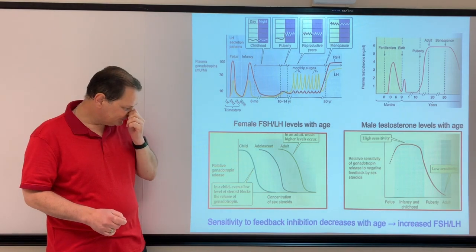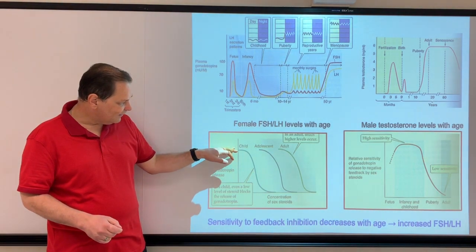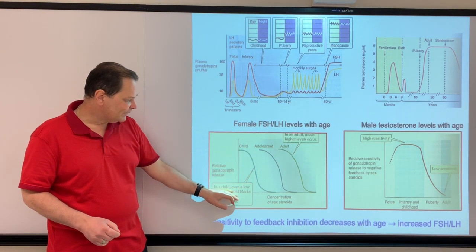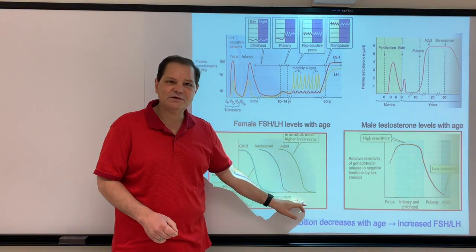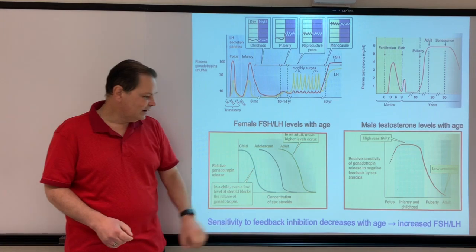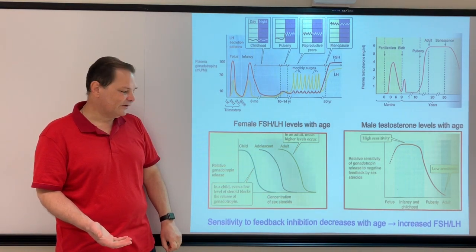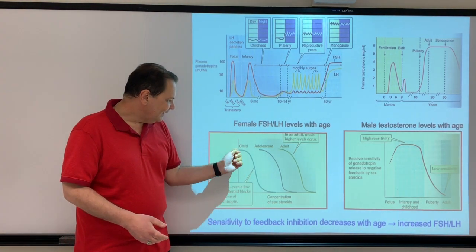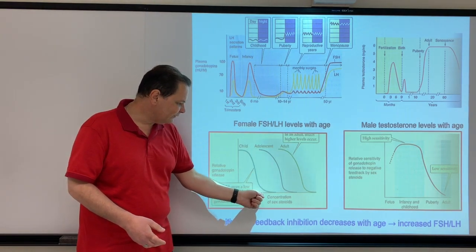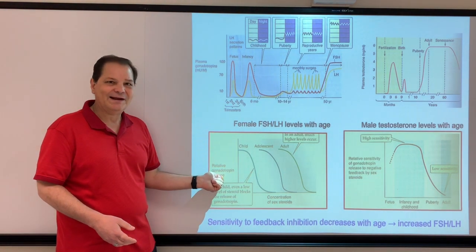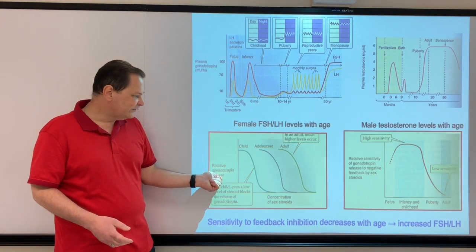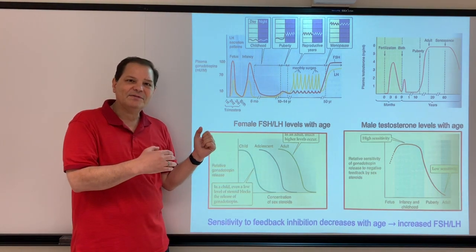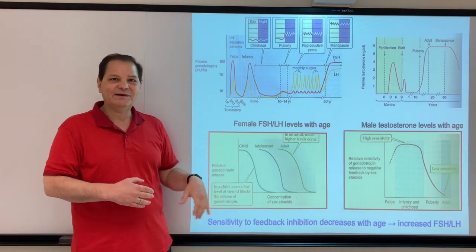So what we have here is a graph, and on the y-axis you have the rate of gonadotropin release, and on the x-axis we have the concentration of sex steroids, testosterone in the male, estradiol in the female. And you'll notice that it doesn't take very much of these sex hormones to stop the release of gonadotropin when you're a child. In other words, you don't need a lot of testosterone if you're a male to feed back upon the hypothalamus and limit the release of gonadotropin.